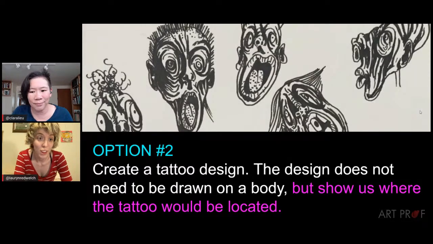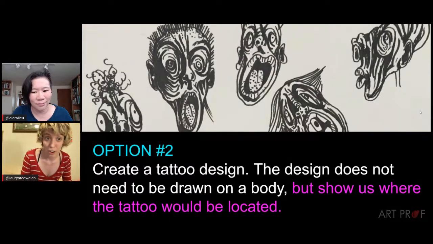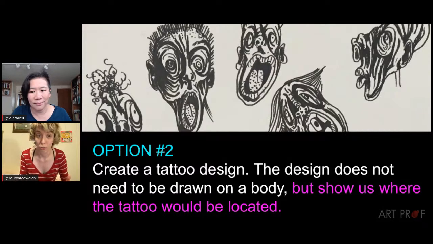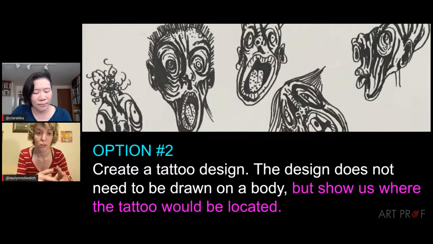Yeah, if you're really good at the digital art, you could digitally put it on a place on the body somewhere, on a photo of the body, or if you can draw the body part and then place the tattoo on there, that would be ideal. What tattoo artists actually do when they make their flash, which is their drawing design, is do it on tracing paper so that you can place it where you want, but be able to see underneath. And so that's an option. You could do it on tracing paper first and then try placing it on another photo of the body.